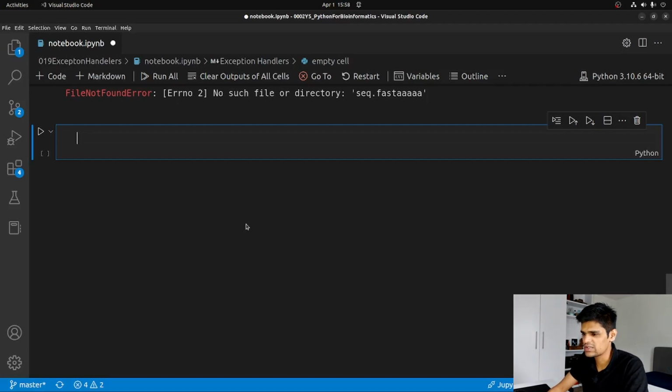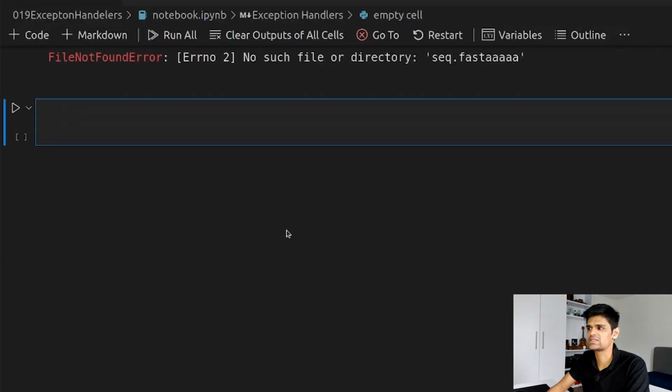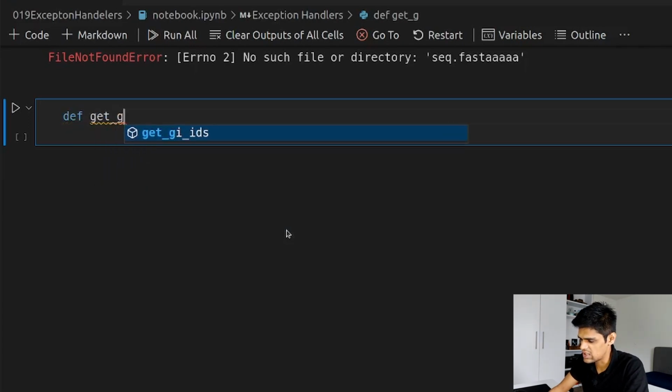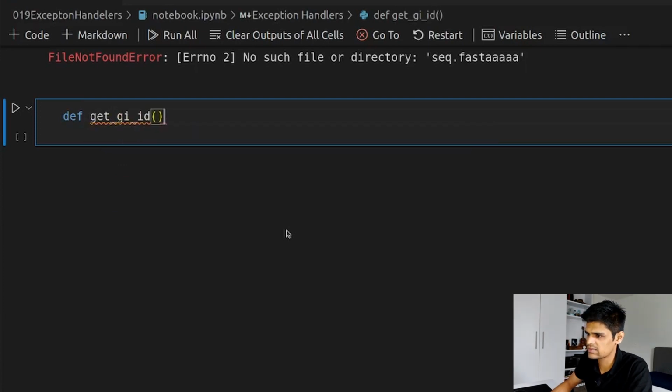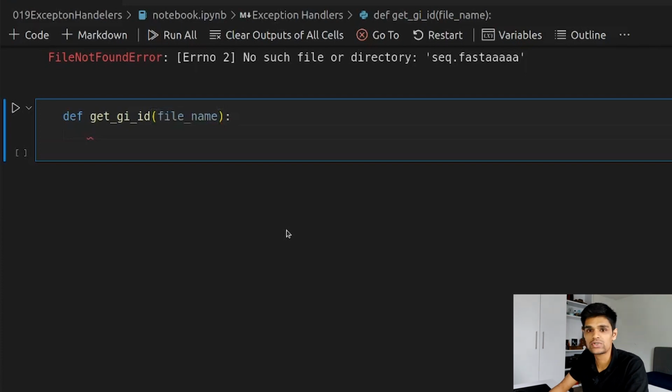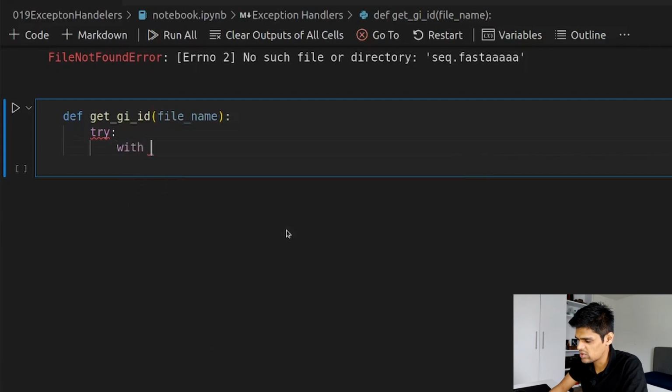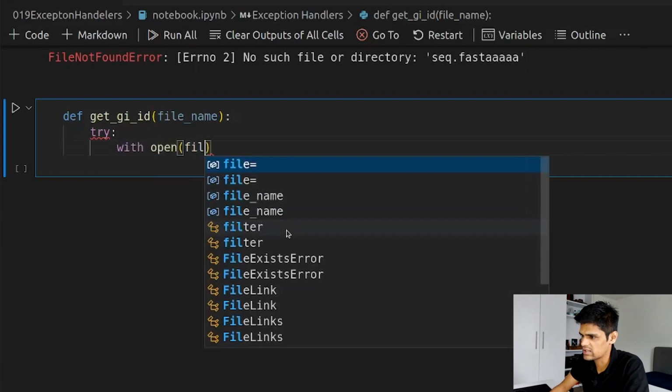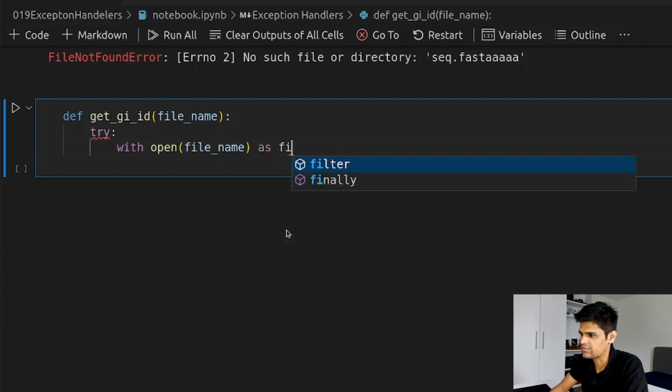Okay, so we are going to be defining a function in which we will get the GIDs from a FASTA file. You know what the GIDs are. I've talked about it extensively in the previous videos. So we will start with def and then we will name our function get GIDs, and then we will simply give it a file name. Okay, and then we will use the try statement here. We will do try and with open file name as file